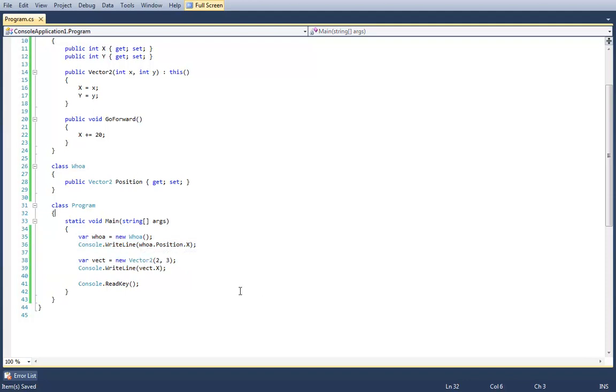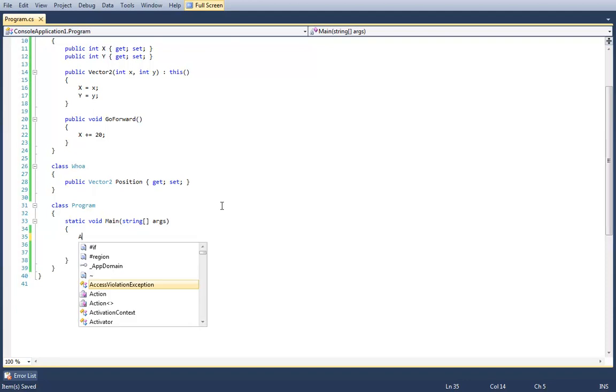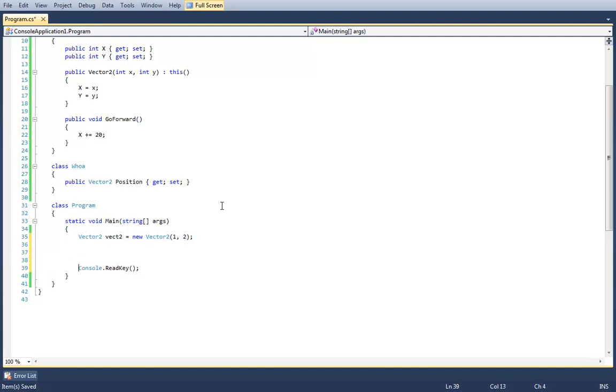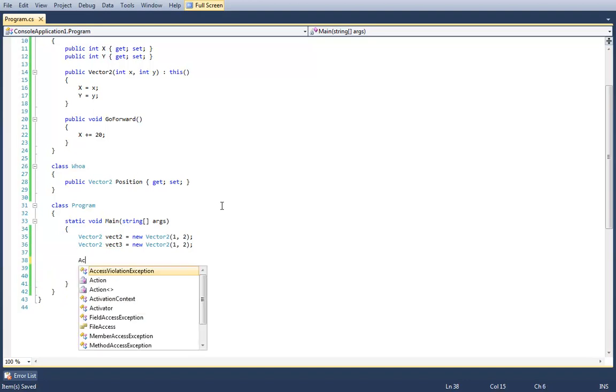In the Microsoft implementation of C#, at least for this version, this object will be placed on the stack, and this object will be placed on the heap, as in this property of this object will be placed on the heap, and so on. What about this? I just wanted to point out that it's not useful to think about that, because I want to point out one more case where it's not useful to think about that.